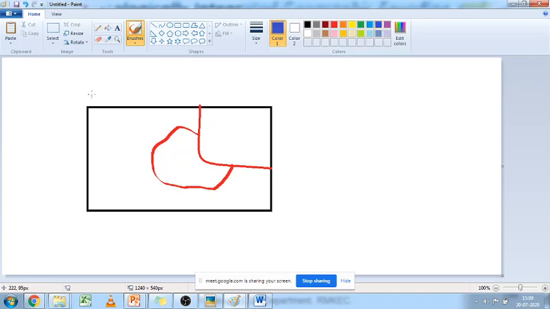Let's assume this entire polygon is mentioned as B. This polygon is mentioned as D, and this is polygon C, and all the outer area is mentioned as A. So this is how a polygon topology looks. Now we are going to mark all the edges or all the lines which are combining together.